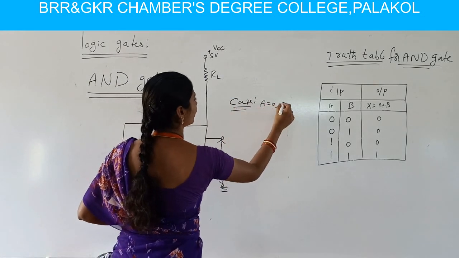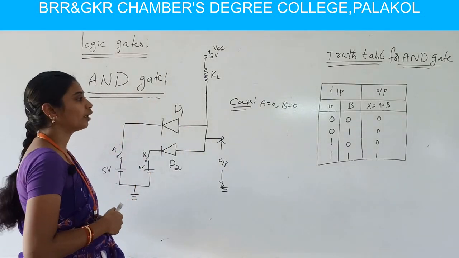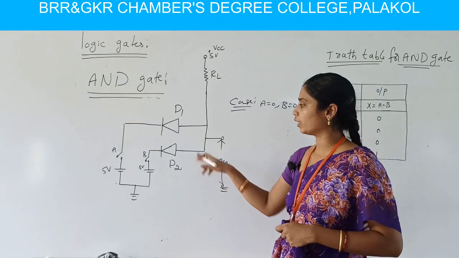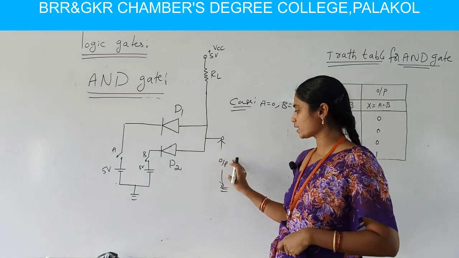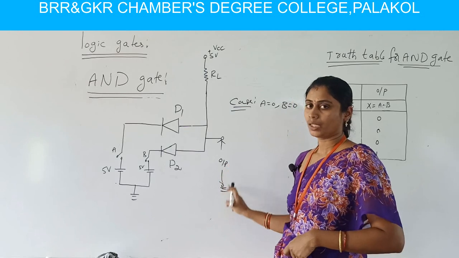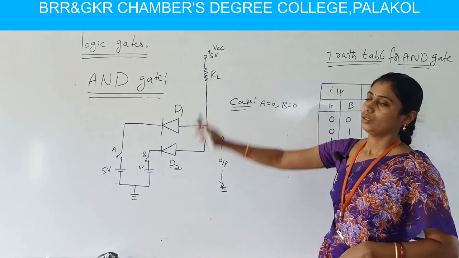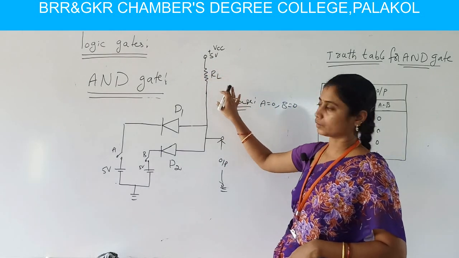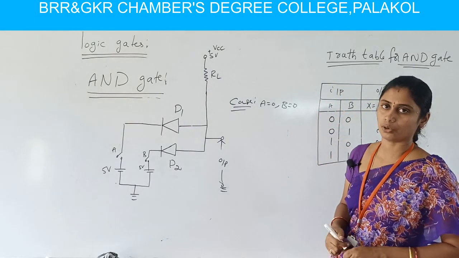variable A is 0 and variable B is 0. It means diode D1 and diode D2 both are in a non-conducting state. Whenever diodes are in non-conducting states, here the anodes are connected in parallel, then automatically they are in non-conducting states. It means the output is connected here, the cathodes of the diodes are connected to earth, then the 5 volts is going to the ground. So there is this load resistor RL connected, all the voltage is supplied here, and with A 0, B 0, the output A dot B is nothing but 0 in case 1.